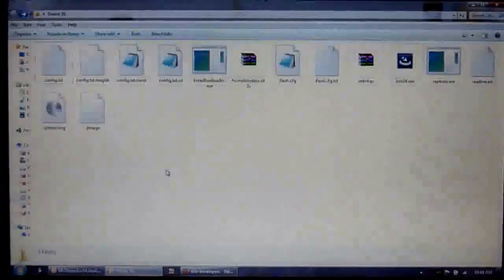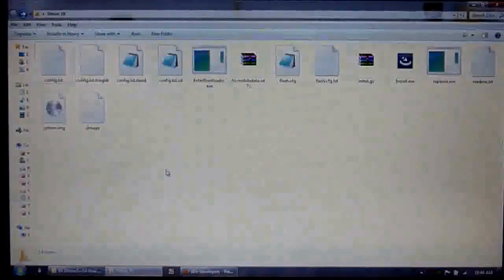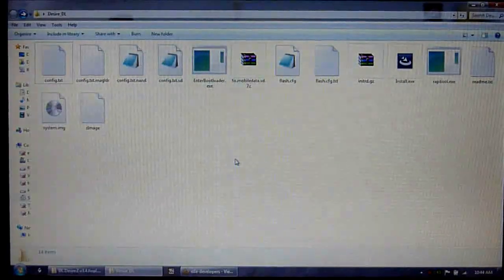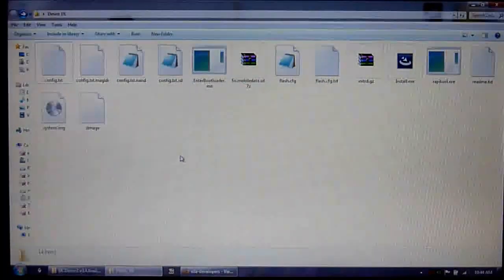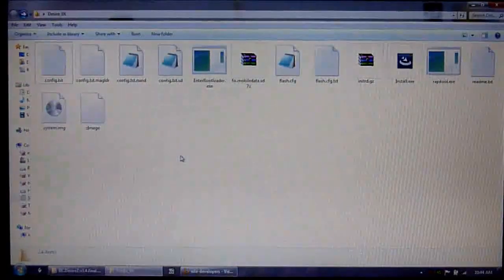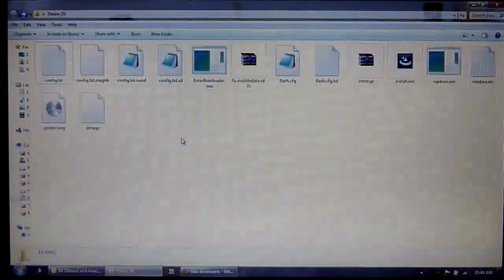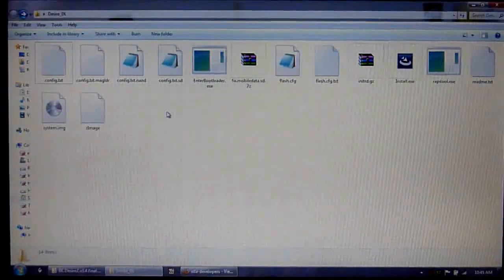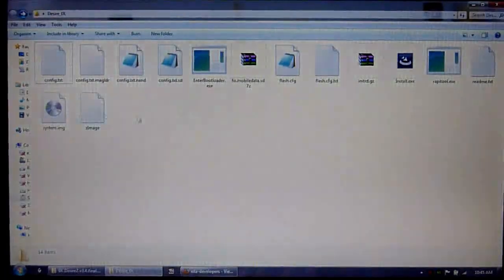Alright, we're back, and after you've done the partition with gpartition, boot up your computer again and go to where you've extracted the ROM, the Desire DL ROM. So I've got here, this is where I extracted it. This is version 3.5. So what you want to do is open up the config.txt file in there,